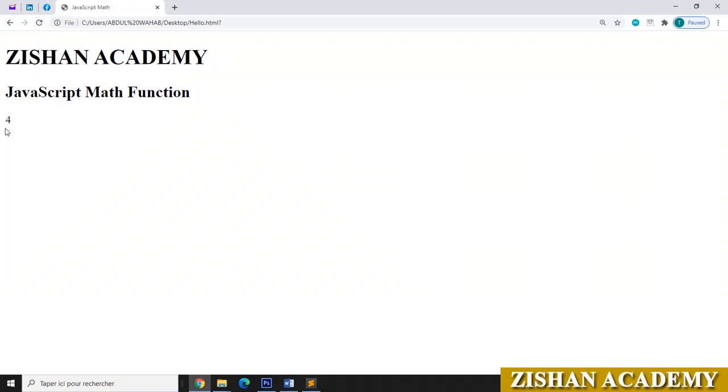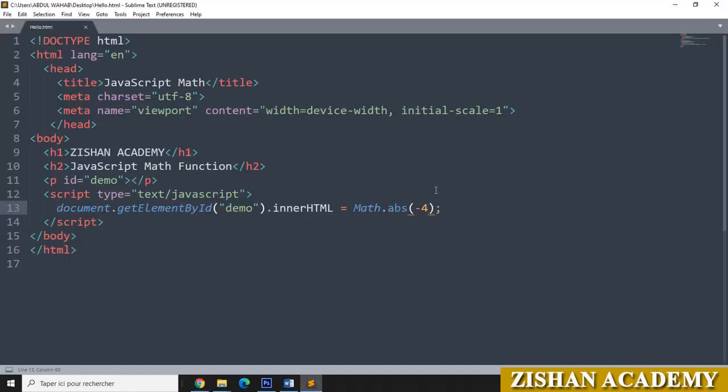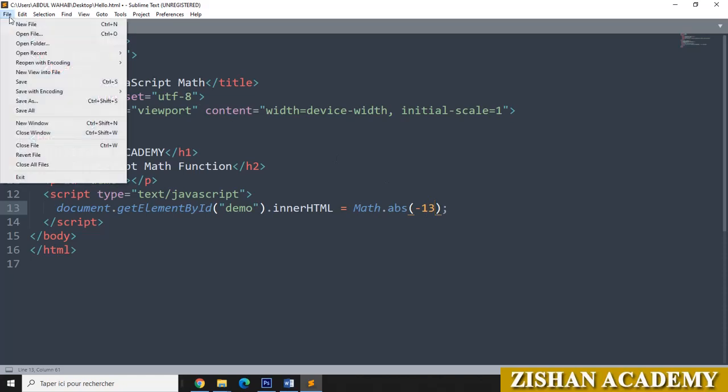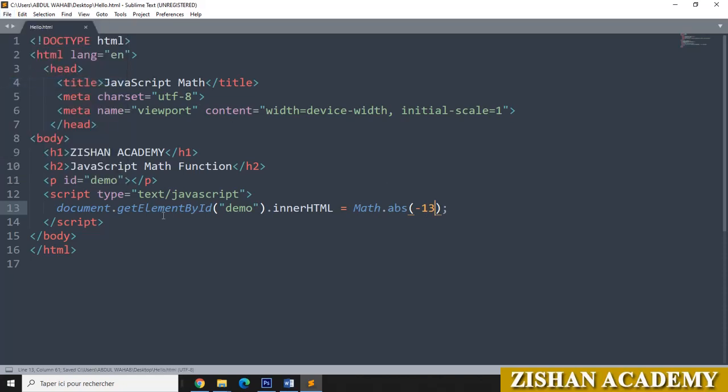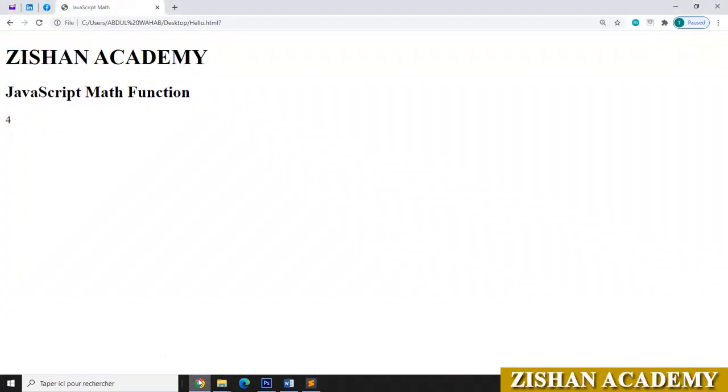You can see that I got the value 4. Suppose if I go for value minus something like 12 or 13, go to file, save the file. It will remove the minus from there and it will give the positive value. See, now I got just 13 there. That is the absolute. Now let us see the next one.